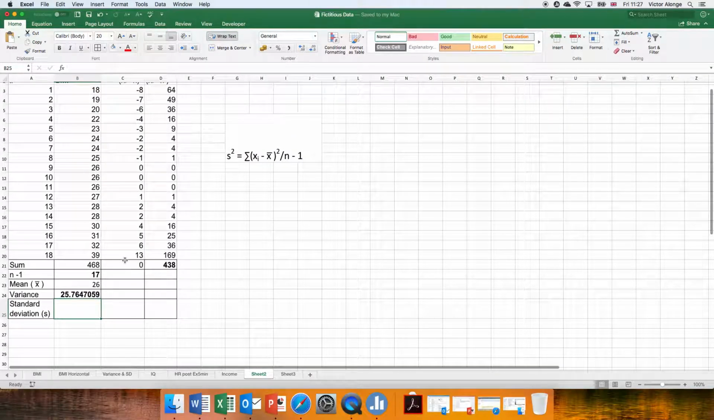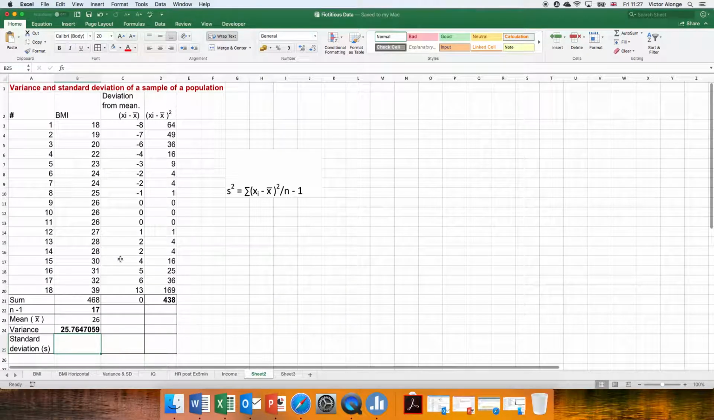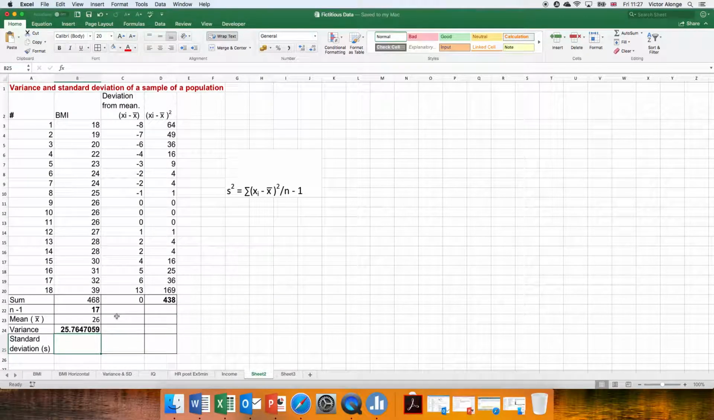Now, everything we've just done that took several minutes, we could have achieved in less than 30 seconds because there is a variance function in Excel. But I wanted you to see the long way of doing it so that you can understand how to work this formula. So to use the variance function in Excel, click on this box where you want the